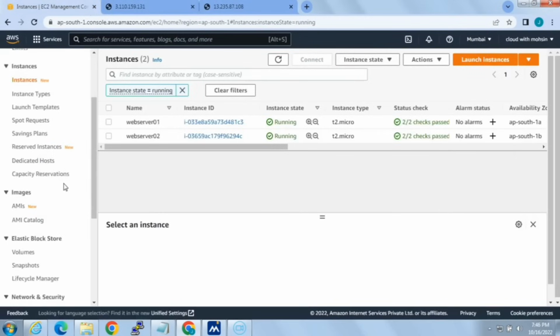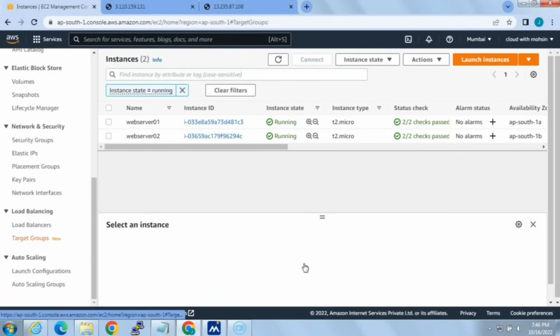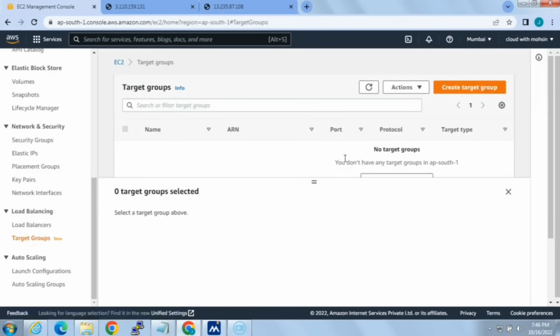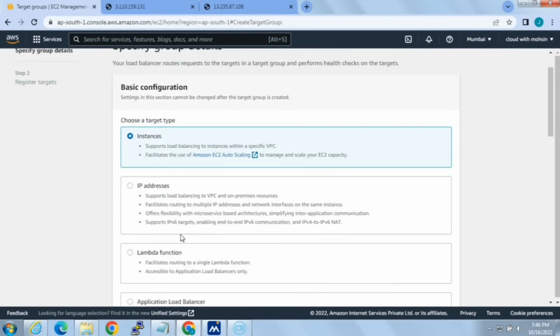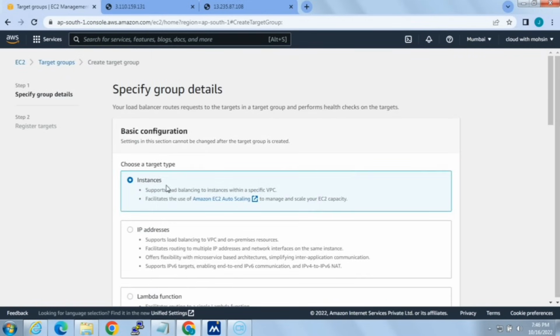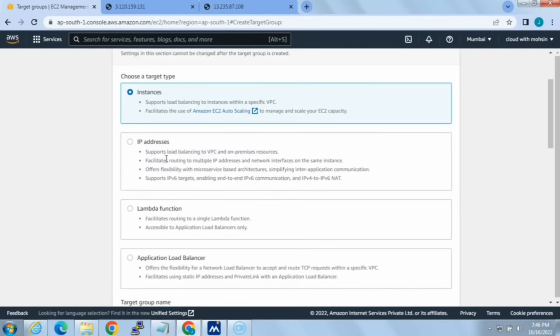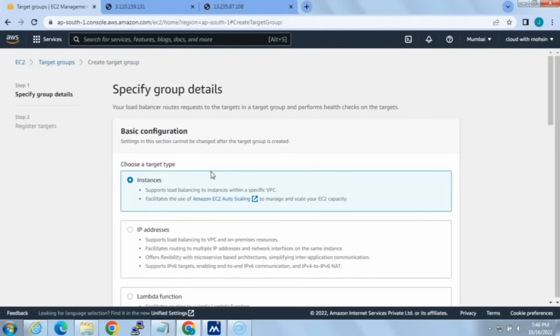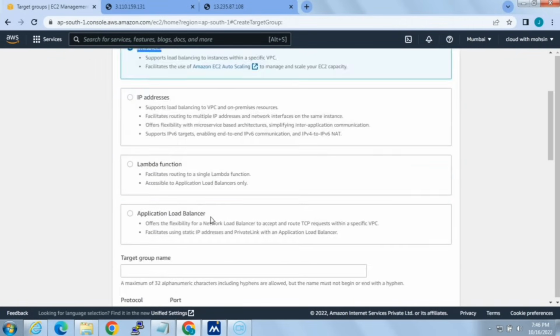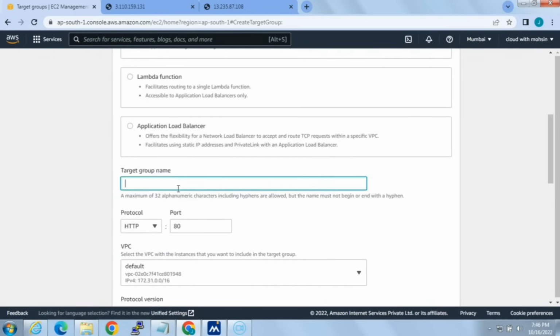So now the next step is, let's go to target groups. Basically it's a collection, or you can say a unit of instances, so that the traffic can be routed. I click on create target group. Here there are several options, so the target type can be instance based or IP addresses, lambda function, or application load balancer. Since we are going to use EC2 instances, I will just keep the default one, which is instances. Let me give it a name as my